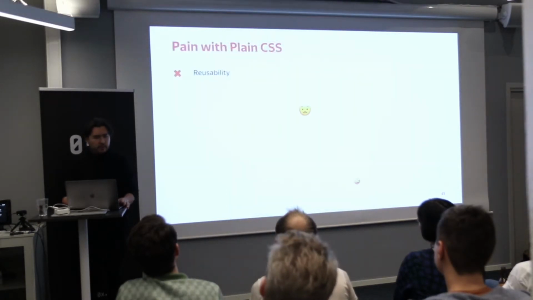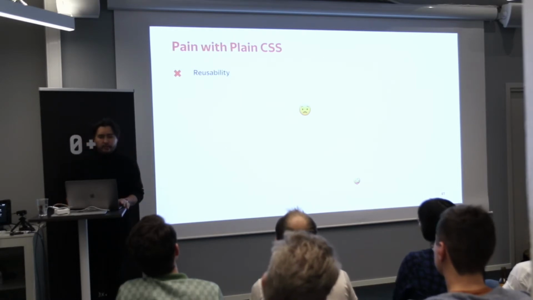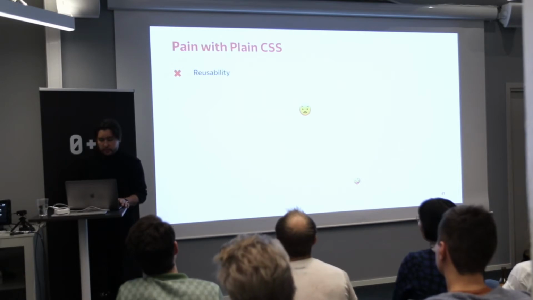The first one is reusability. It's hard to reuse CSS code, right? We need to copy-paste for many things. With CSS custom properties, for example, we can make it easier, but 20 years ago, we didn't have that option, so it was really hard to reuse the code. Another problem is